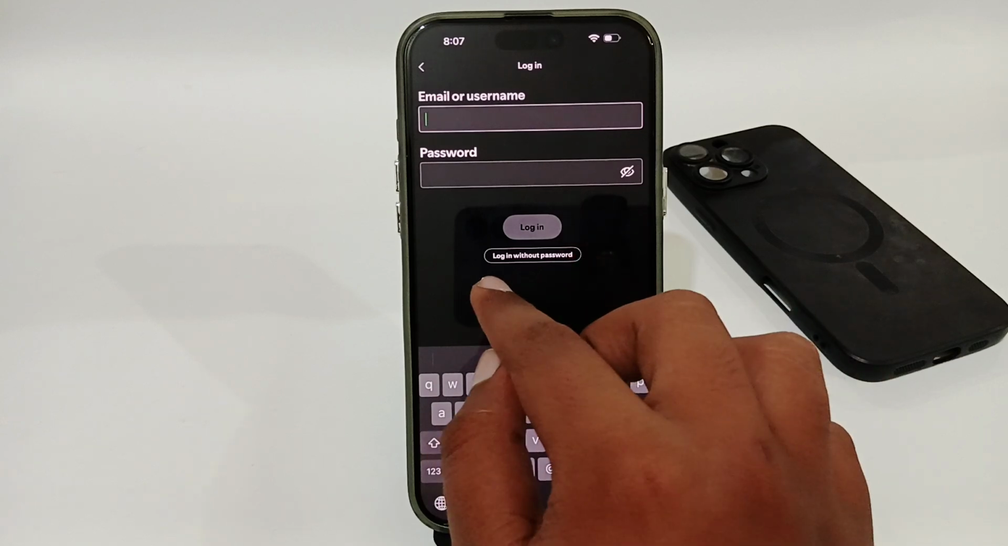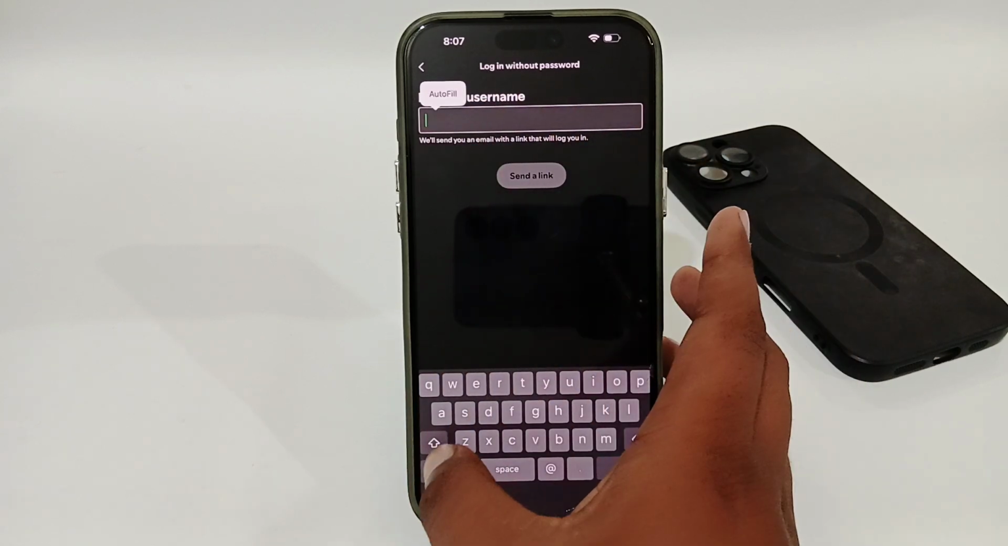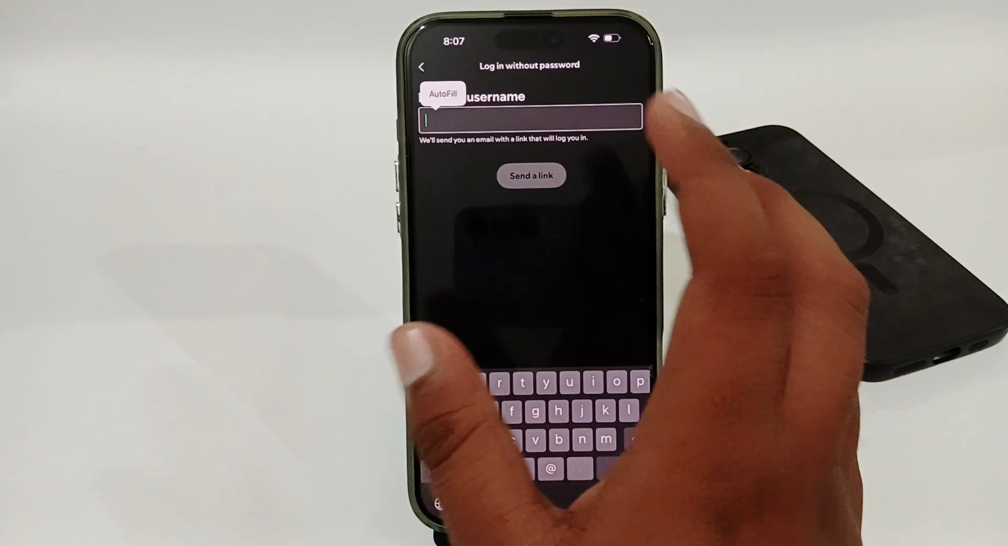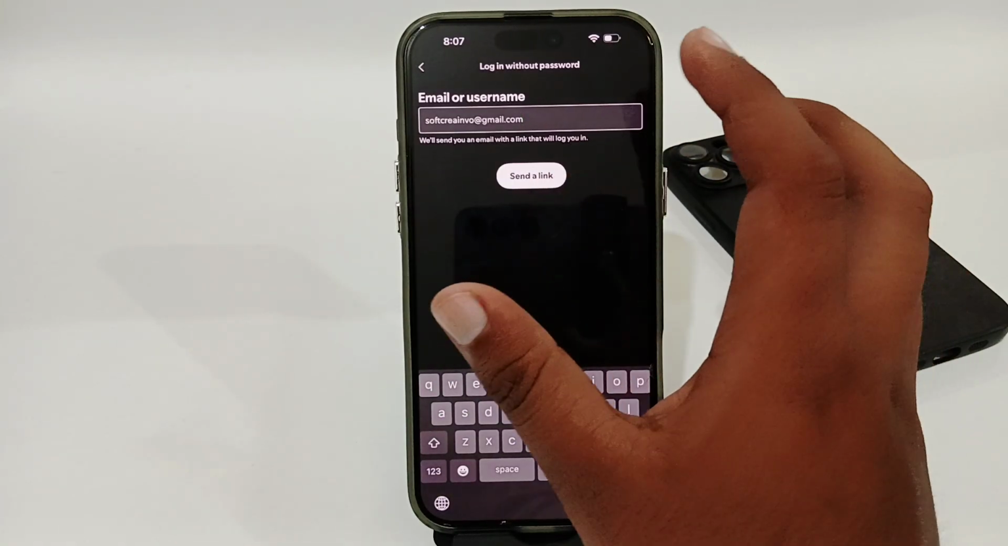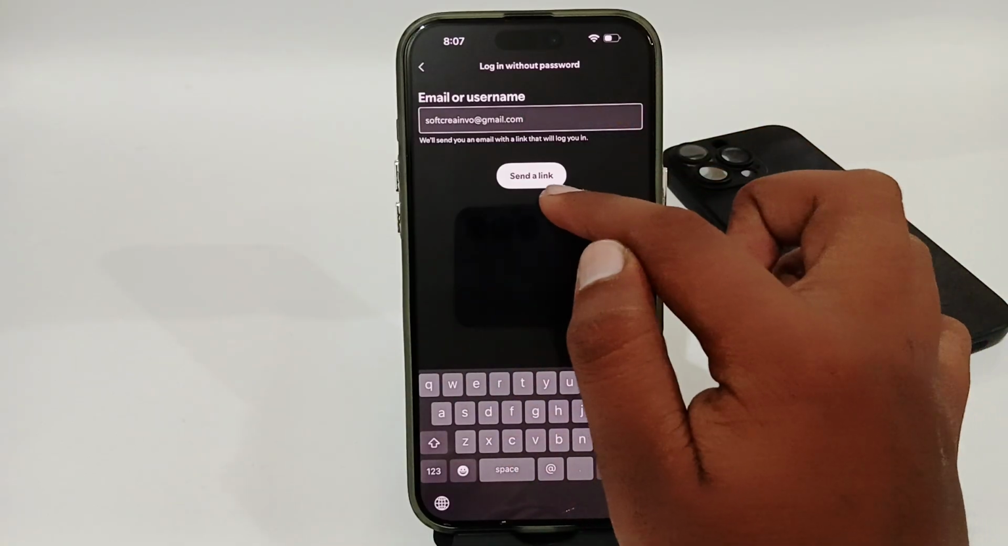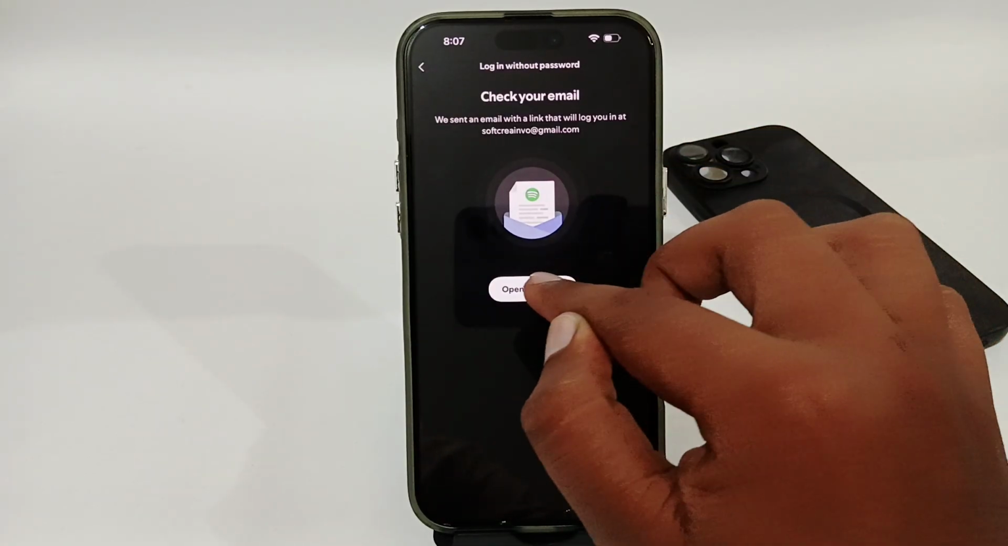Or you can easily try logging in without a password. Simply tap on this, and here you have to enter only your email or username. Once you have entered your email, you have to tap on this send a link option, and here you have to open your email app,